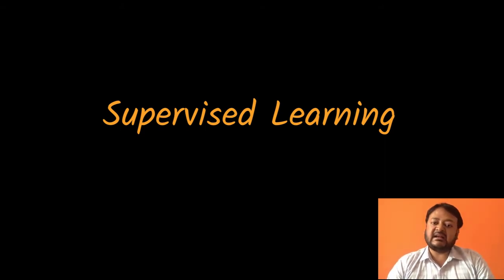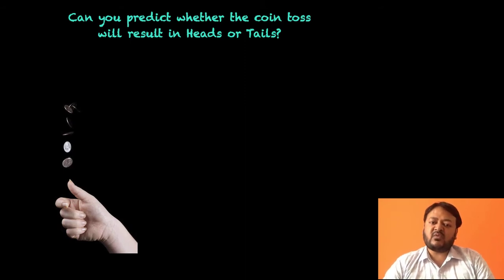So in order to understand that, let's go to the most popular experiment that we do when we read probability theory, which is this coin toss. So the question is, can you exactly predict whether the coin toss will result in heads or tails? Now the important thing to understand is that when this coin is tossed and it is moving through air, it is following the equations given by Newton, which is force equal to mass into acceleration, which is a deterministic equation. So if you could have all the initial conditions with you and solve this equation, you would get the result and hence be able to predict whether the result finally will be head or a tail.